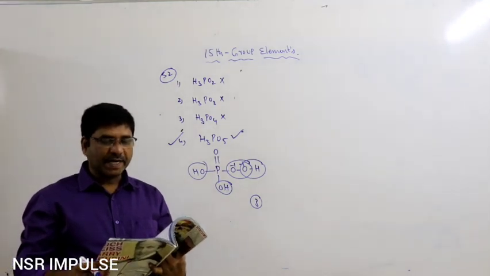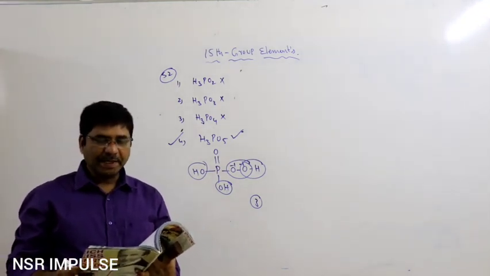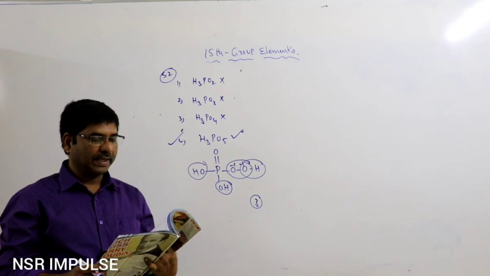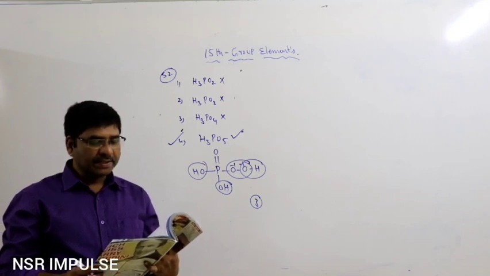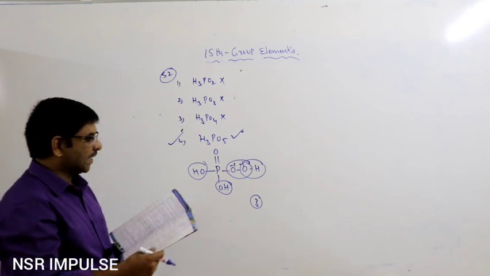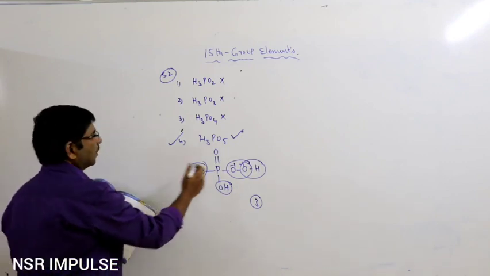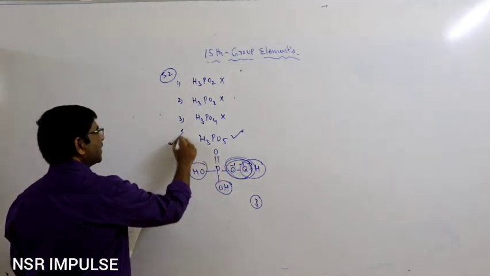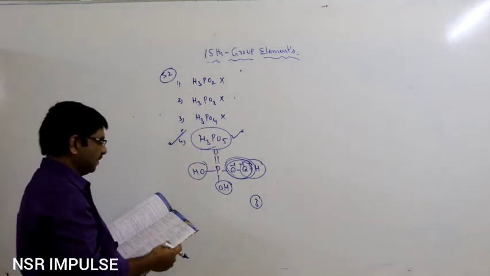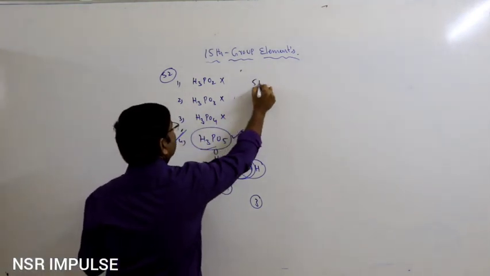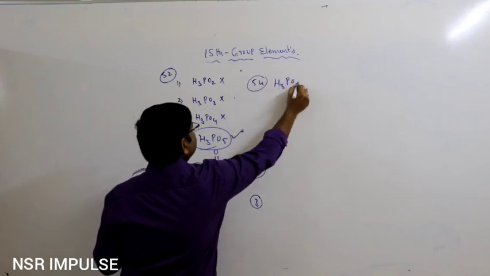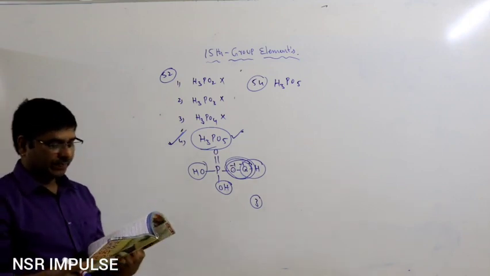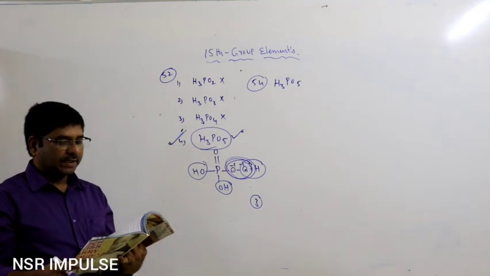Next one, question number 53. The salts of phosphorus acids are called phosphides. That is calcium phosphide, like that. Next, which contains OO linkage? Already you know. OO means peroxy bond. Which one contains it? H3PO5. So question number 54 also, the answer is the same. H3PO5 contains the OO linkage.